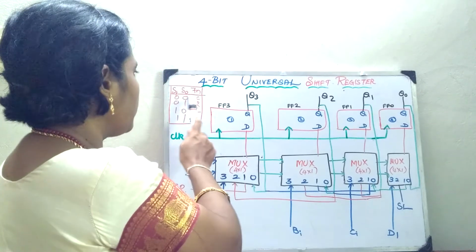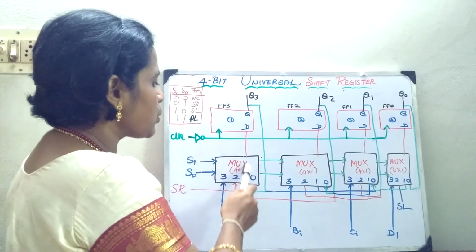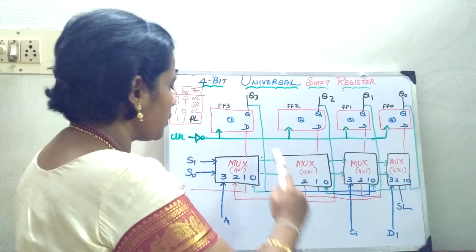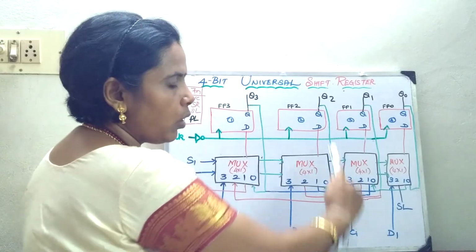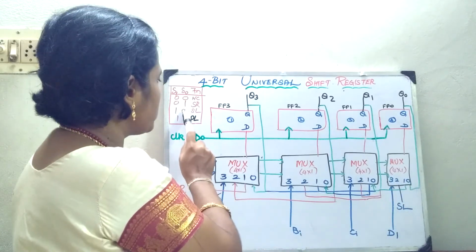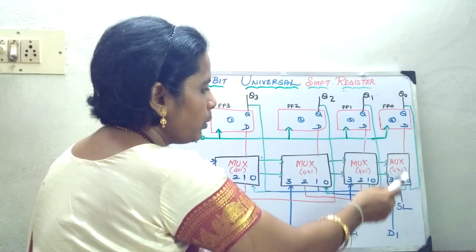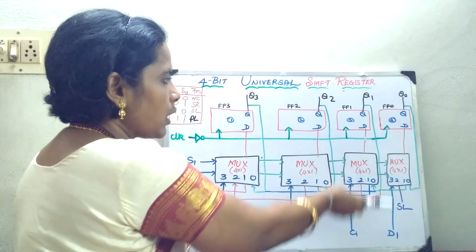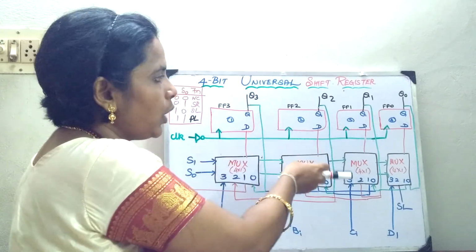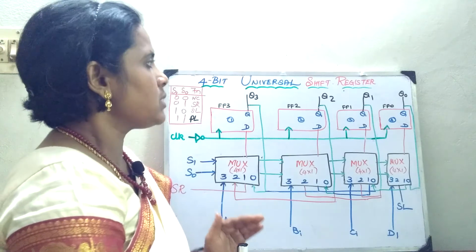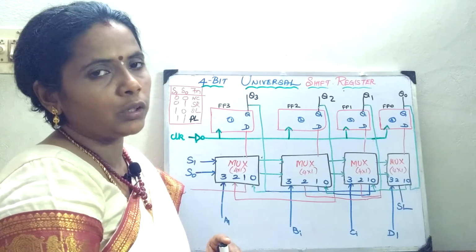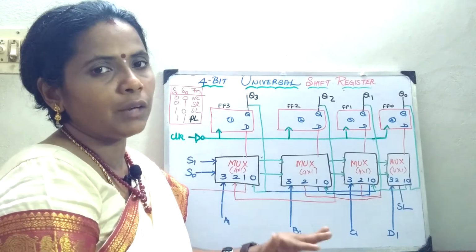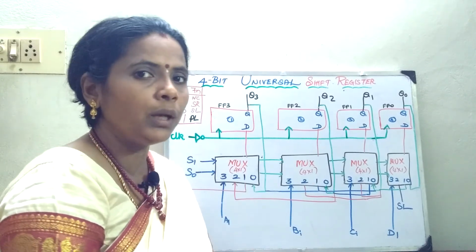If I give 0, 0, the internal data which is stored is fed as the output. If 0, 1, it is shifted through point 1 through all the registers. If I put 1, 0, then it is shift left, so it is pointed out through all the second points. When I give 1, 1, all the data are inputted parallelly and outputted parallelly. Thus this shift register with parallel load capacity is called a universal shift register, where you can shift right or left, or do the parallel operation.